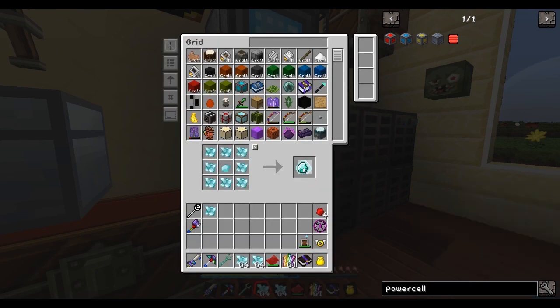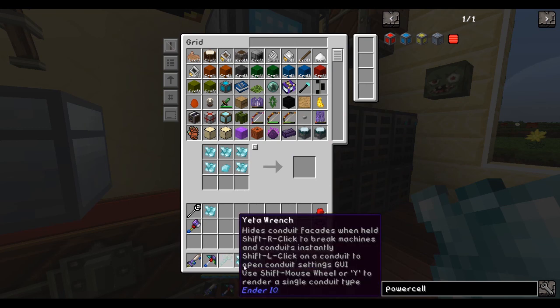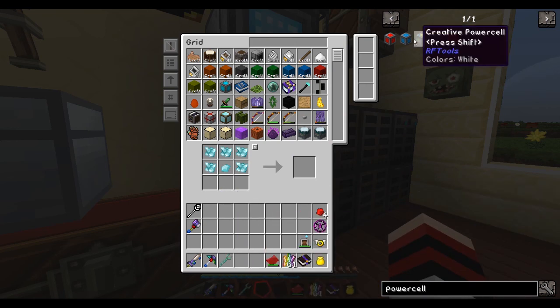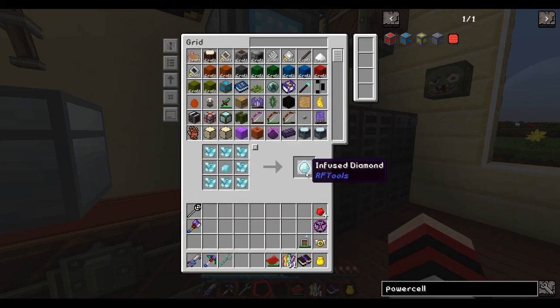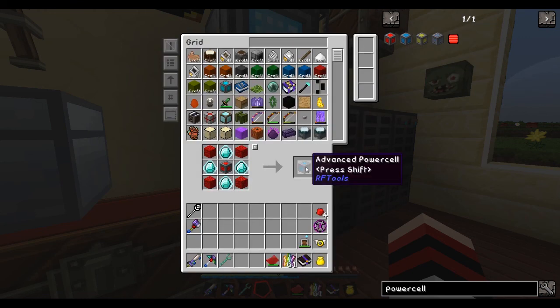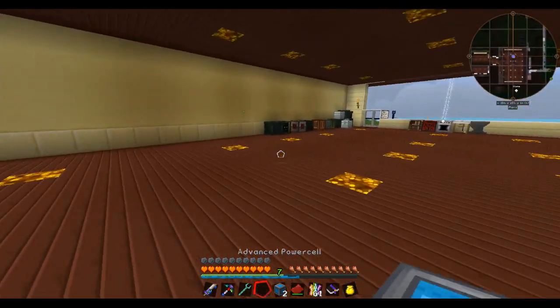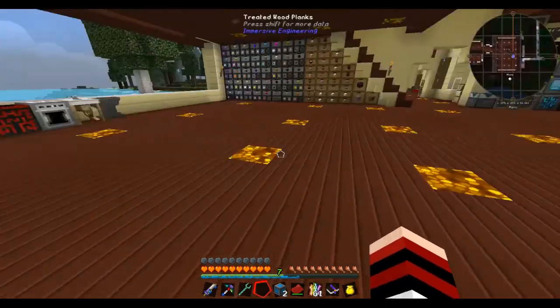Make 8 of these. I don't know how many I made. 5, I think. And there is 2 advanced power cells. So if I go downstairs,